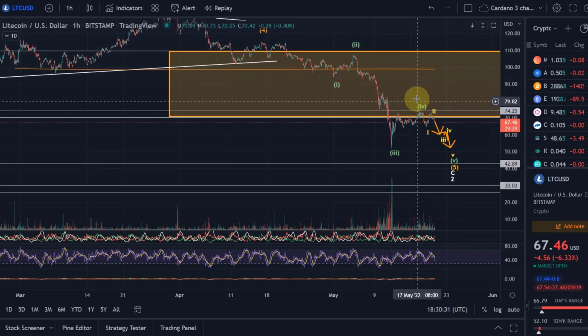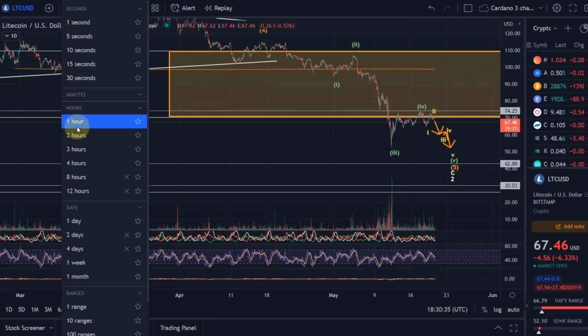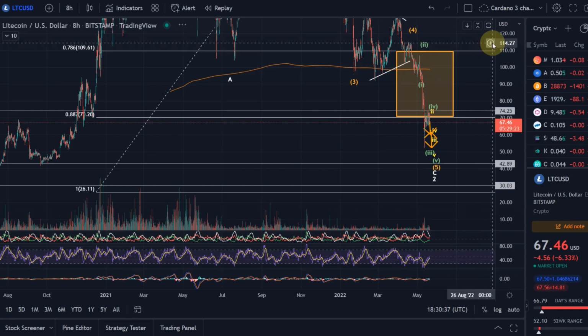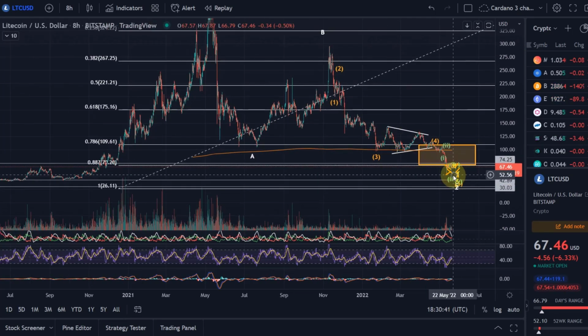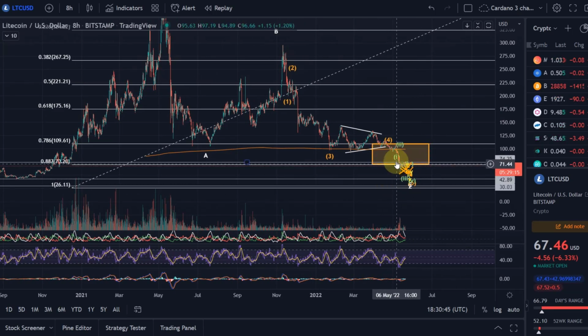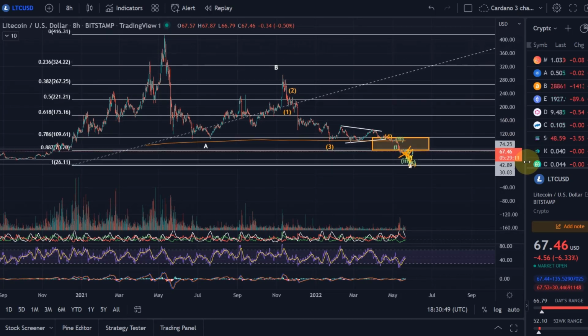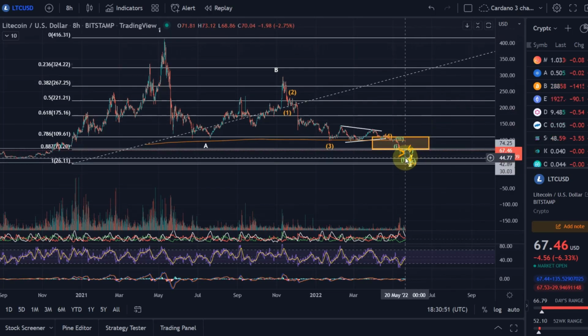So first of all, the downtrend needs to be over. I don't think it is yet. Theoretically, you could say it has done what it needs to do in the current correction, but it doesn't need to be over. I think we are going to see a little bit lower prices here in the next few weeks. Then we should see a recovery. Now, I can't tell you how long that will take, and if that will be a V-shape or a longer one, that is too early to say.